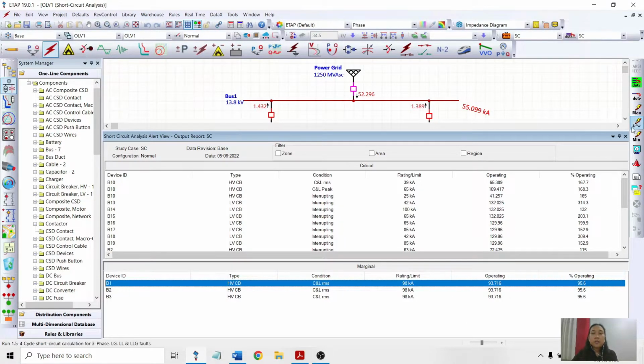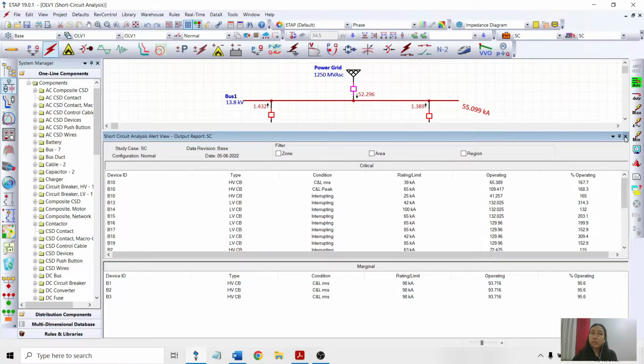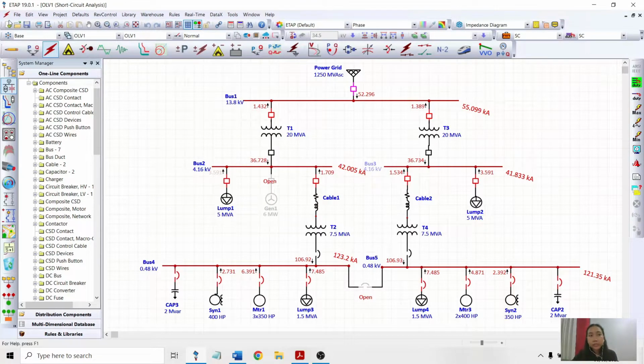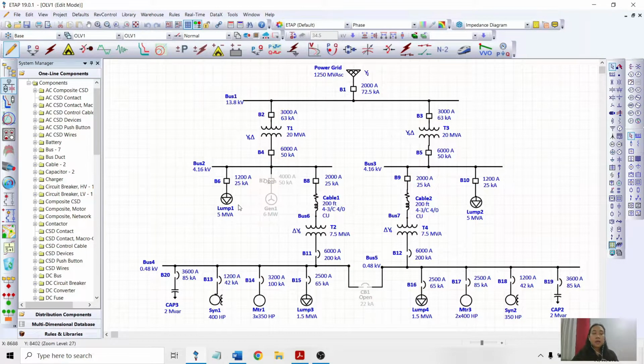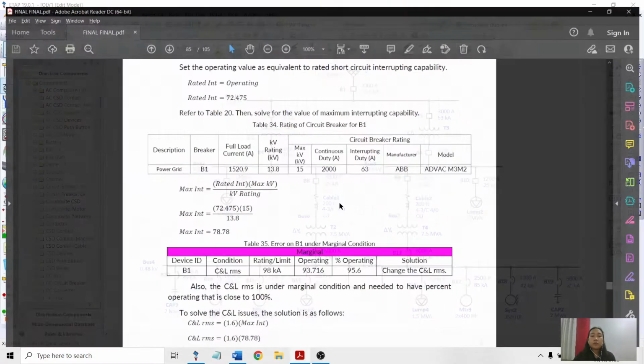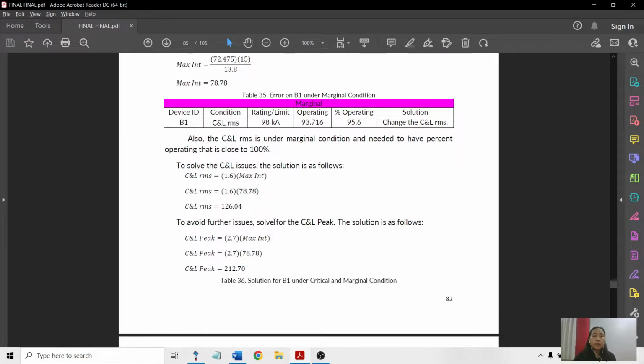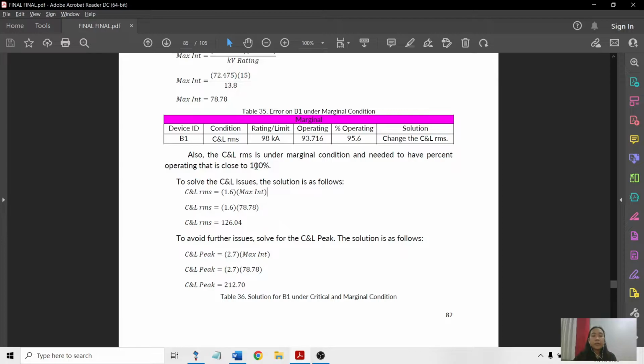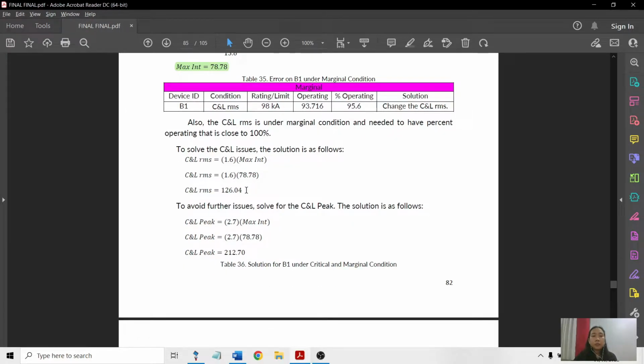So to solve this issue, we should manually compute the new value of the C&L RMS. So to compute this, we have the formula of C&L RMS, which is 1.6 multiplied by the maximum interrupting capability. So 1.6 multiplied by the 78.78, which is the value that we solved earlier, and the answer will be